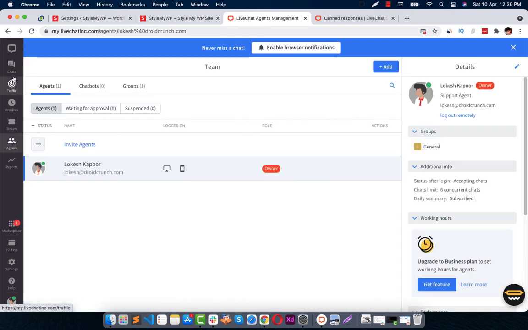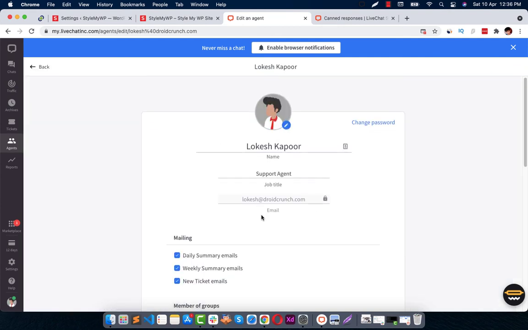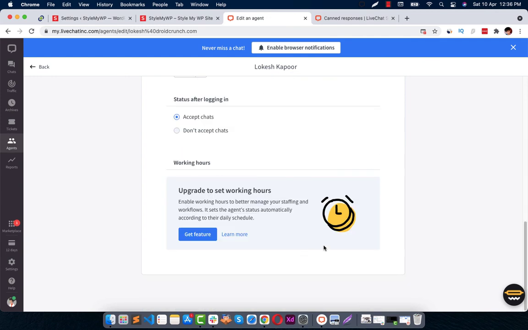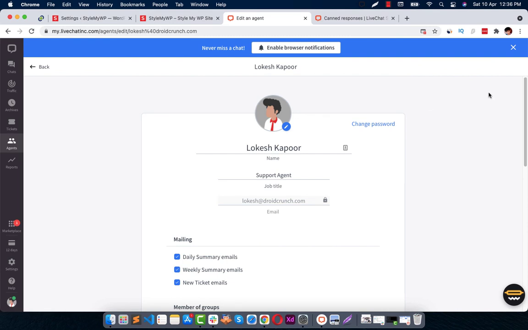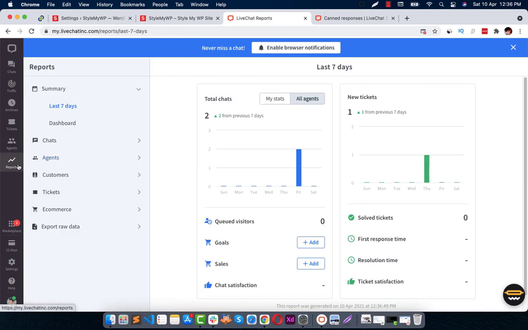You can also add your agents, and you can customize your email, your image right here, role, right? You can enable the mailing settings and all that. You can also install the mobile application to answer your customers from your mobile as well. You can see all these reports from here.